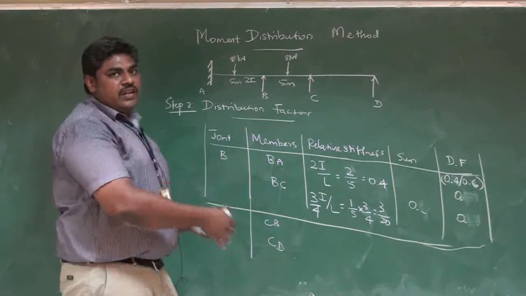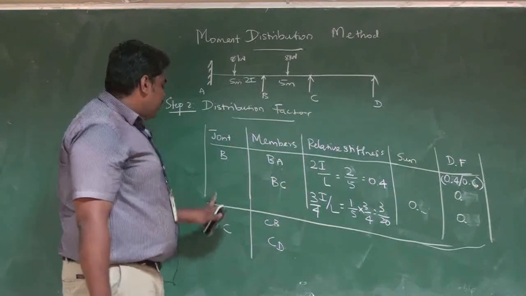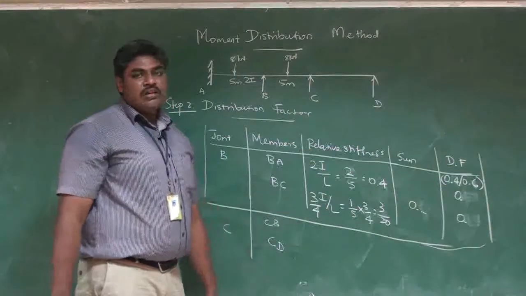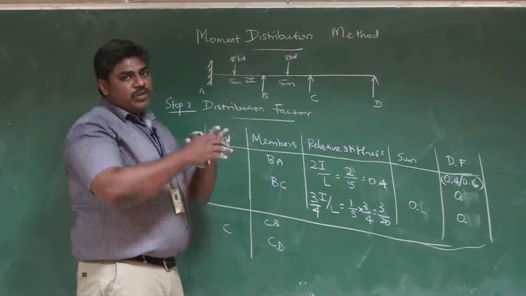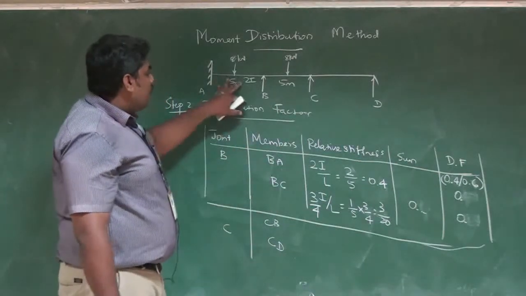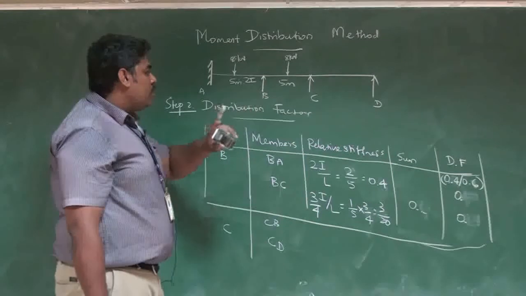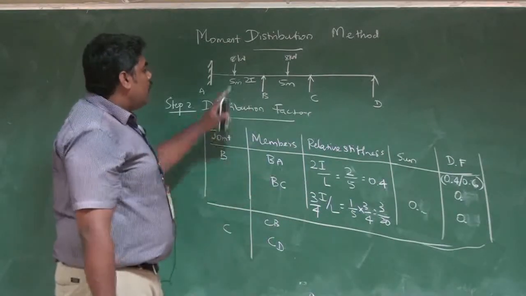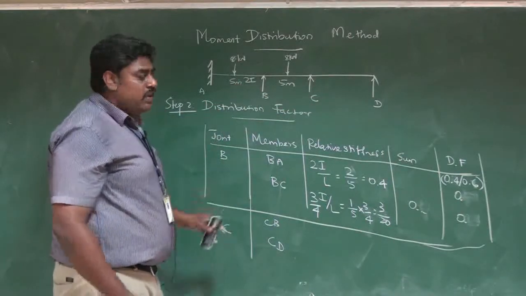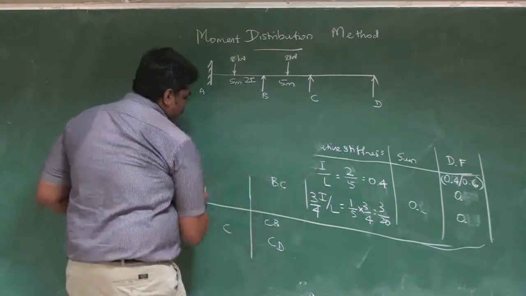right? So likewise it gets continuously to next problem and next problem. When you have a 3-span continuous beam, you will be having two joints where the relative stiffness will be arrived. You have to calculate the sum and you have to calculate the distribution factor with which we will distribute the moments to the sides, right? So this is an iterative technique. You have to understand this particular concept, how many joints it will come, right? Simply we can't say only one member is going to have the distribution factor. Whatever may be the number of beams which we have here, that much number of joints will come here in the distribution factor, right? So this is step number 2, distribution factor.